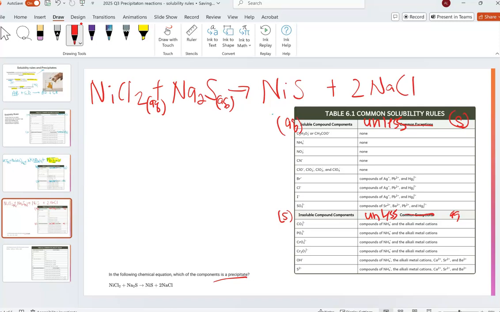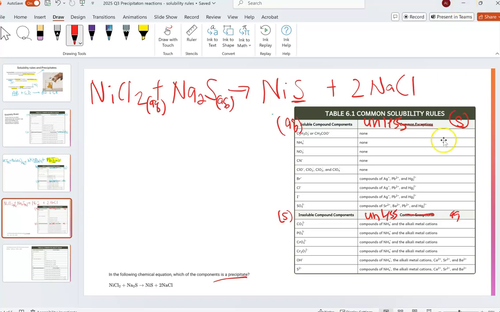Okay, so I'm going to start with nickel 2 sulfide. I am going to find my sulfur, and I'm going to go down to my solubility chart. So substances, okay, that are bonded to sulfur will precipitate out unless they are bonded to ammonium, the alkali metal cations. So the alkali metals are like lithium, potassium, sodium,